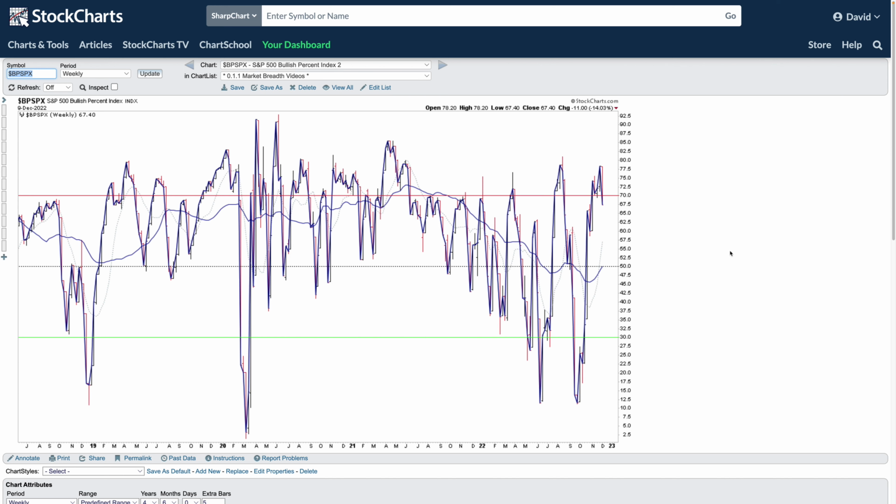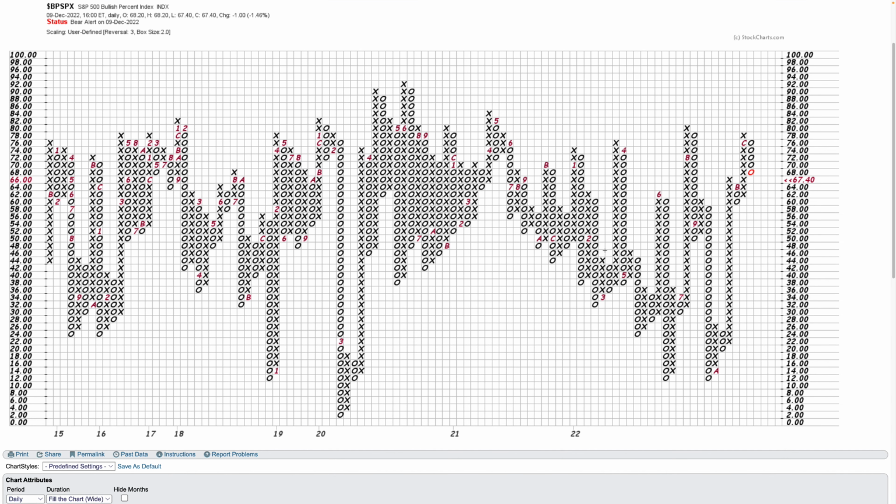So another one to look at, which is a bit more short term in nature. So when it gets above the 70% level with the bullish percent indexes, reversals back below again give you signals to the downside. So we did close the week back below the 70% level here. So we've got a potential bearish signal going on here, but you can see with the S&P 500, because it's only 500 stocks, it's a lot more whippy. It goes up and down below that level a lot more than you see with the NYSE and the Nasdaq Composite. So this one I don't use as much personally,